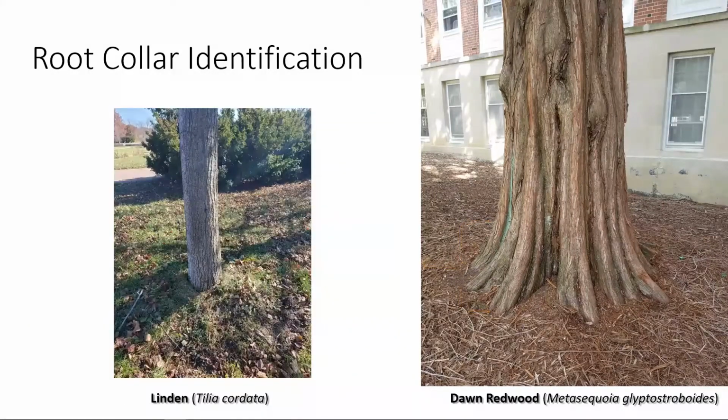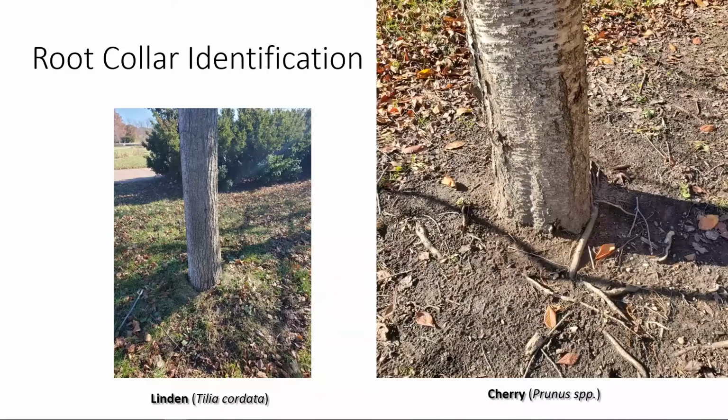But when we take a look at this linden, we don't see a root collar there. So on this particular tree, it's really difficult to identify where a root collar starts or stops. And I think as you look at trees around the landscape, there's a lot of them that we see like that. Here's a cherry that also looks kind of like the linden tree, a lot like a telephone pole going into the ground. That's how a lot of us arborists have described that over the years. If the tree looks like a telephone pole going into the ground, you don't see that root flare, and it's just not present there on those plants.